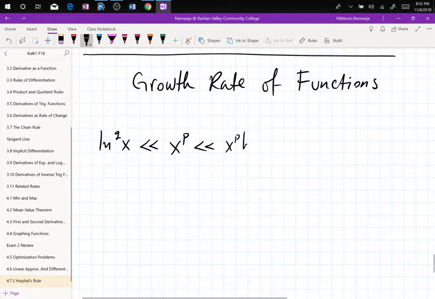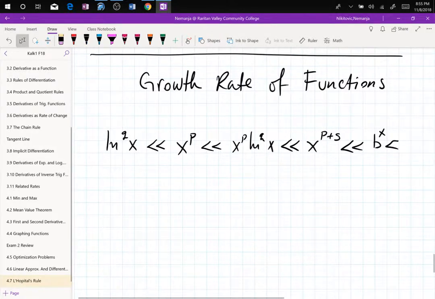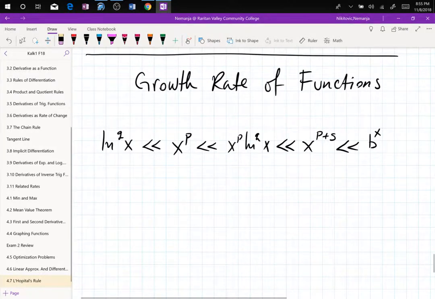So x to the p ln to the q of x is smaller than when you multiply 2 polynomials, because their exponents would add, which is further smaller than here is your exponential function,